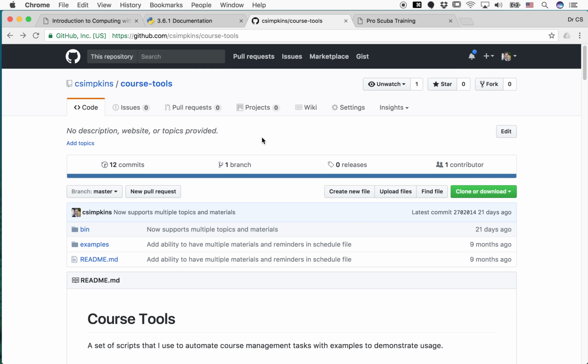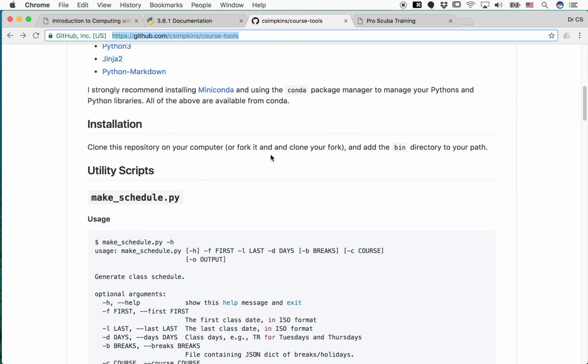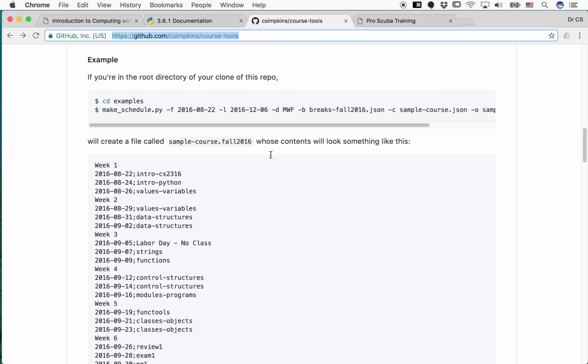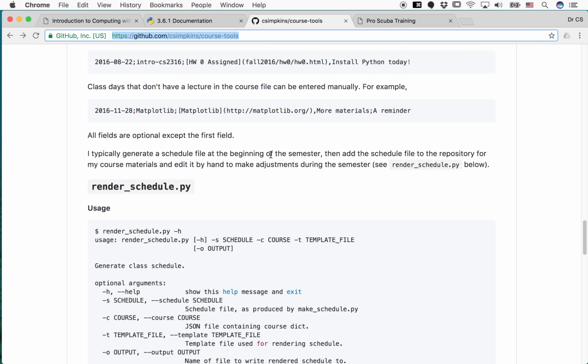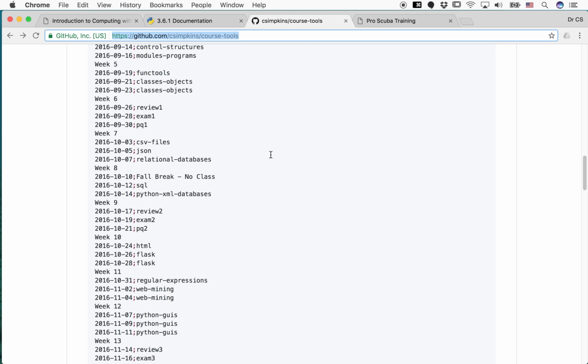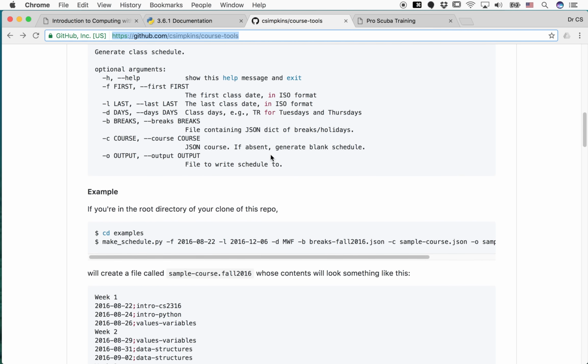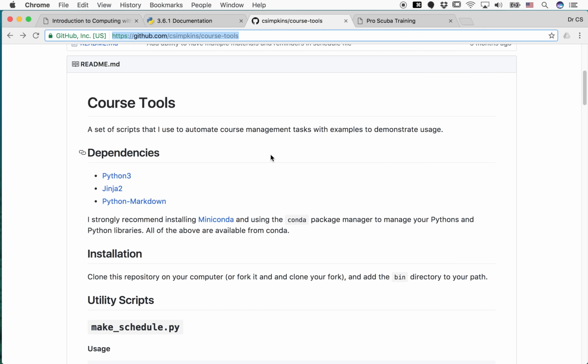For one thing, if you go to my GitHub page and look at my course tools repository, I got tired at the beginning of every semester of teaching of looking through the registrar's calendar and seeing when all the breaks were, when the first and last class days were, and all that stuff,